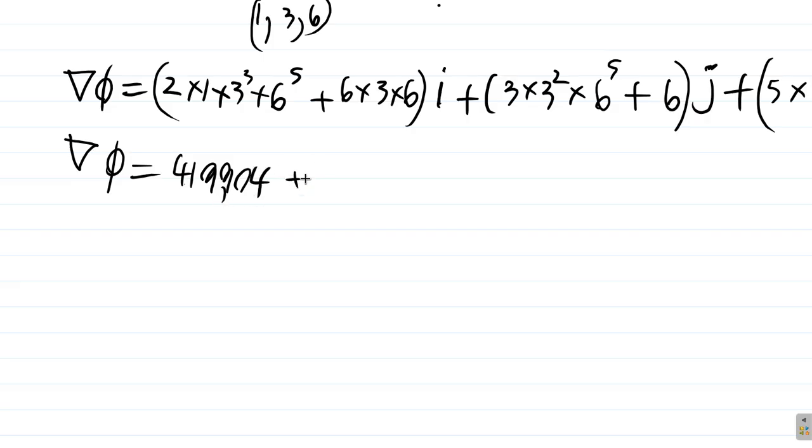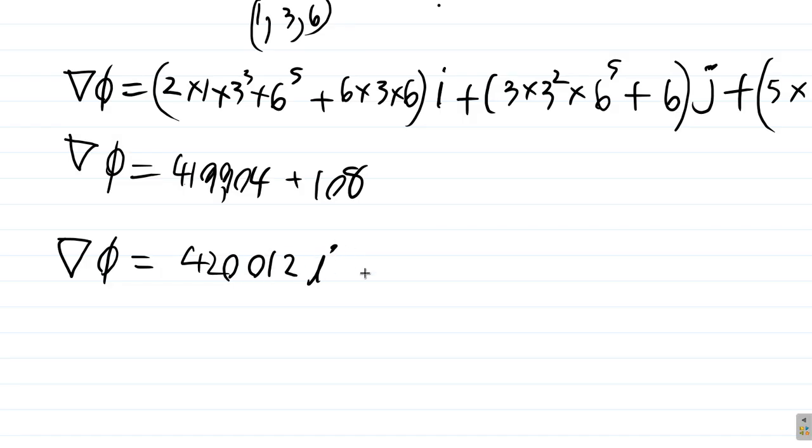Plus 6 times 3 is 18, 36 times 3, 108. So nabla phi, this part is going to be, when you add 108 to 419,904, you get 420,012. That's going to be 420,012 i plus,